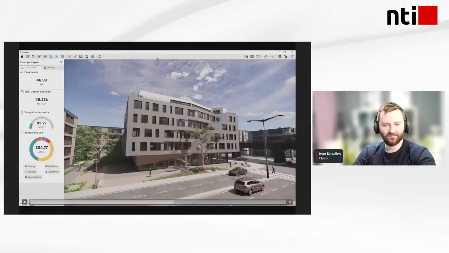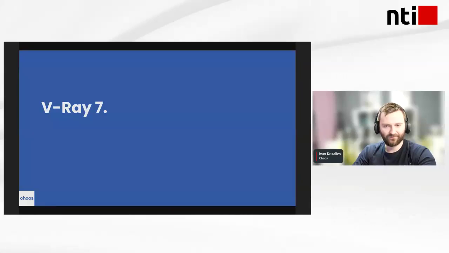It's for V-Ray. So now it was the time to move to V-Ray. And before that, let's see the next question. What is your V-Ray experience? Because I saw that there are some V-Ray users among you. So let's see. Oh, wow, we have very diverse results right here, which is great.